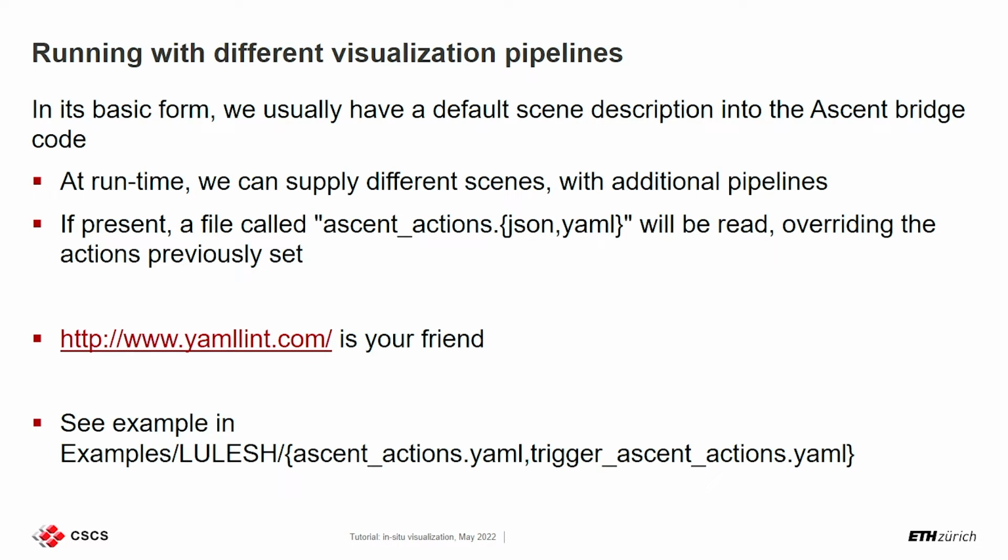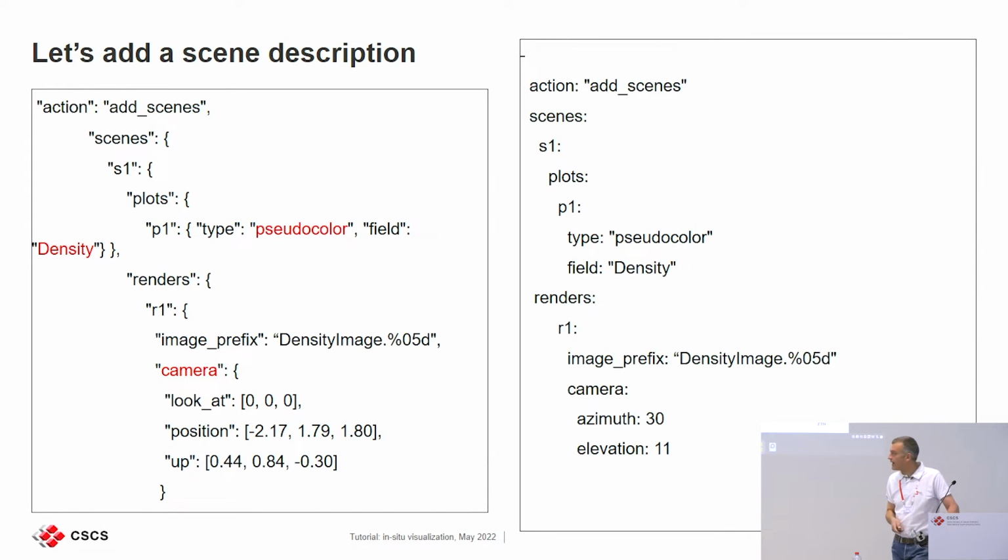So this is how we can run a simulation with multiple visualization scripts. Which one is which? It's mostly the same thing, but one of them is JSON. This is YAML. You see, it's a bit simpler. We've gotten rid of all those braces which are impossible to keep track of,